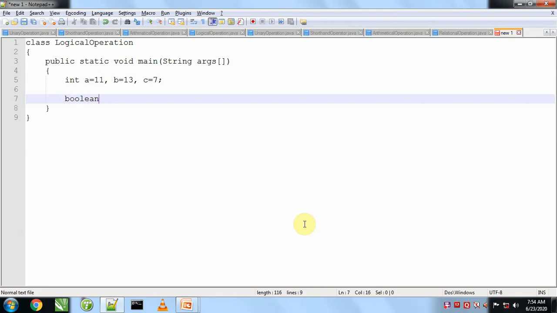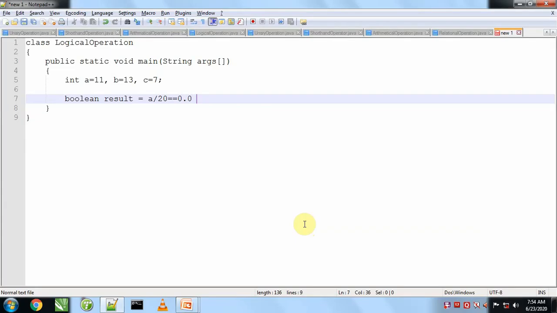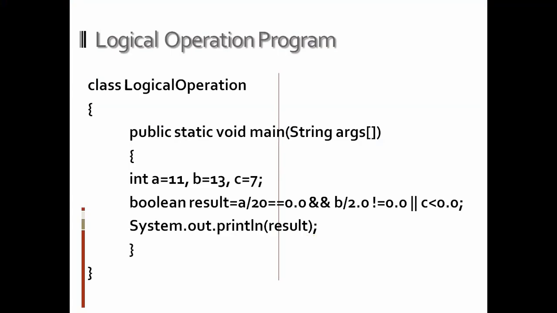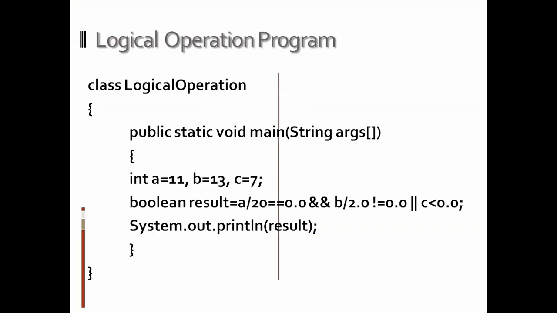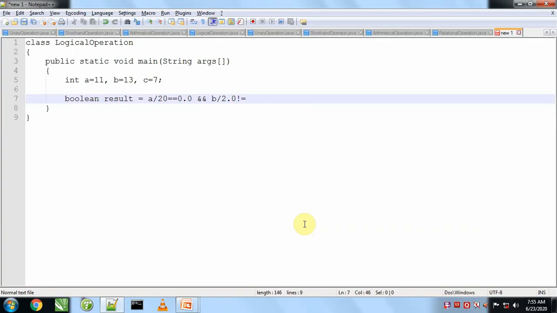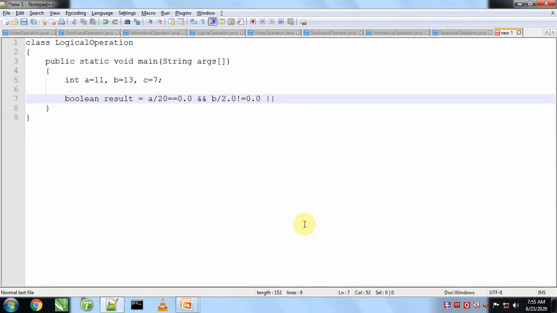Boolean result equals a divided by 20 equals 0.0, and b divided by 2.0 not equals 0.0, or c lesser than 0.0.